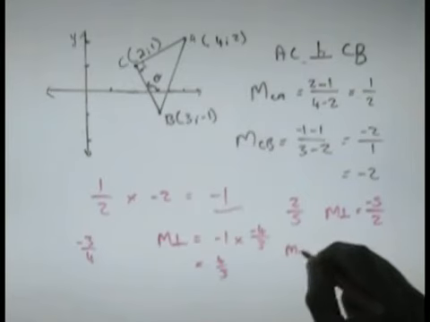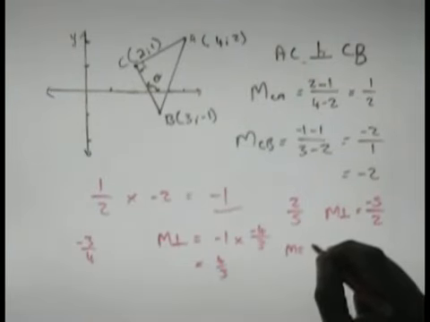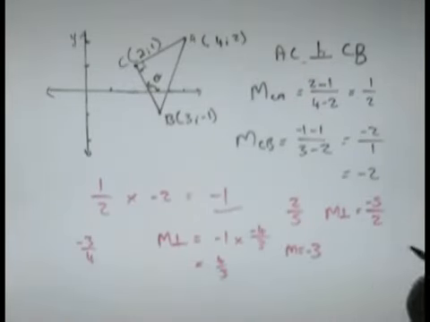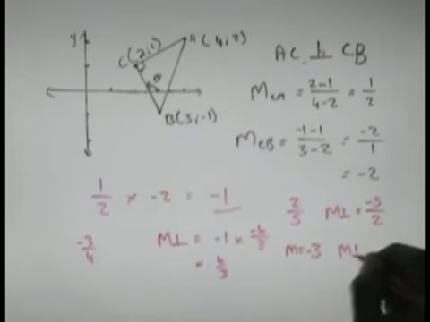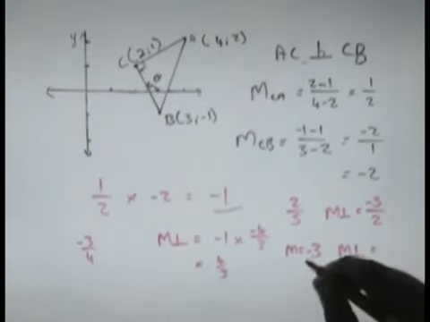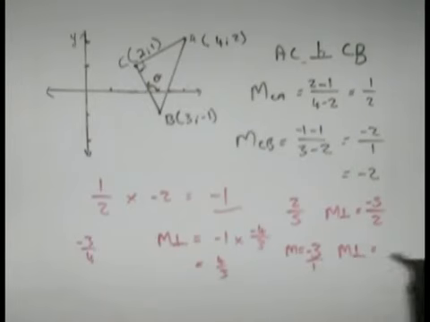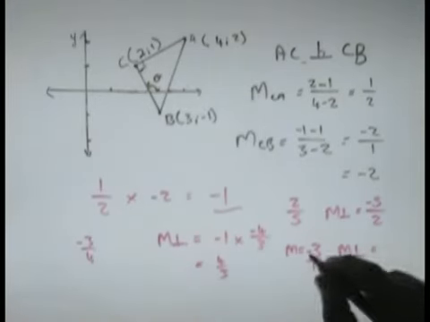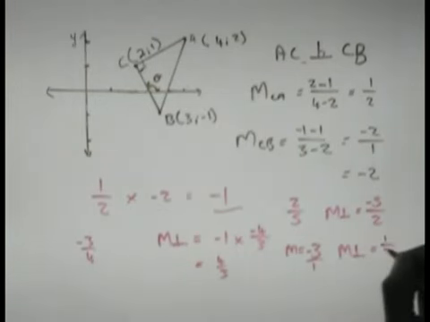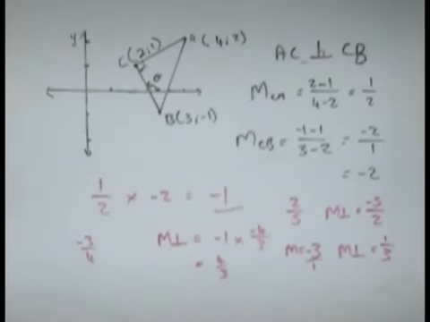If our original gradient was negative 3, now that's negative 3 over 1, our perpendicular gradient will be positive 1 over 3. All we're doing is swapping it around and changing its sign, either from positive to negative or negative to positive. And that there is the relationship between